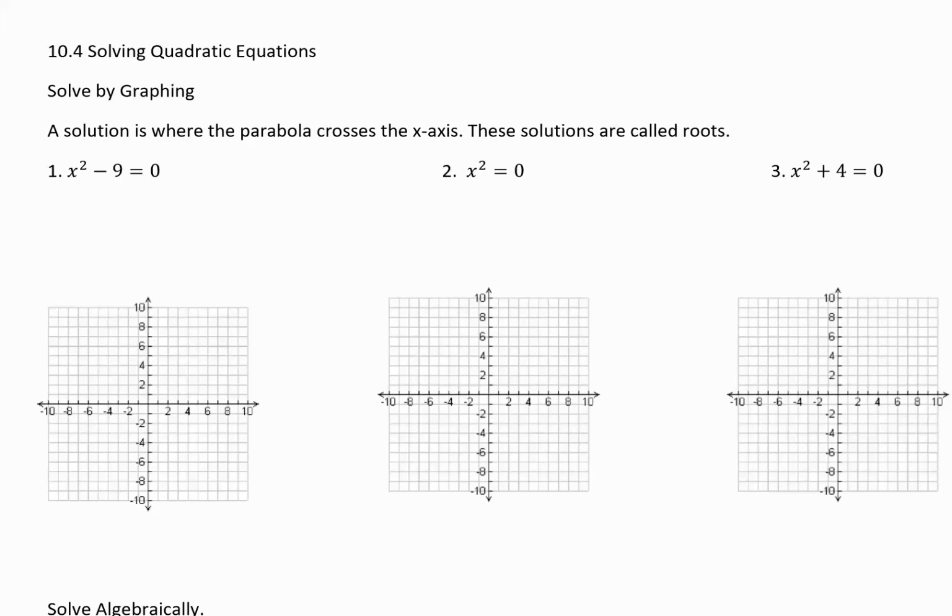Okay, so what we're doing here today is we are looking for solutions to the parabola. And so right here it says a solution is where the parabola crosses the x-axis. These are called the roots. And remember, when you did linear equations or equations of lines, you looked for where the solution was, which was called the x-intercept. And so these equations right here, these parabolas, they're set equal to 0 because the value of y when you're finding the x-intercept is 0. So we're setting y equal to 0 so that we could find where this parabola is going to cross the